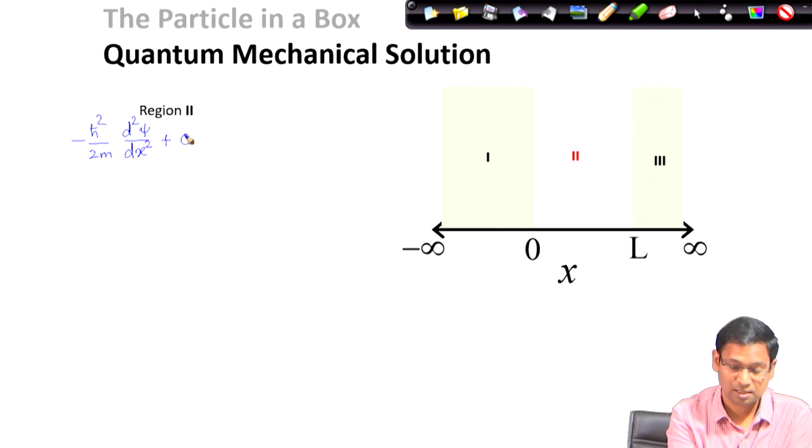But in this case the potential energy V is 0. So, V equals 0, and this is my Schrodinger equation. The wave function is written here. So, this is my V like last time. When I simplify this equation, I have